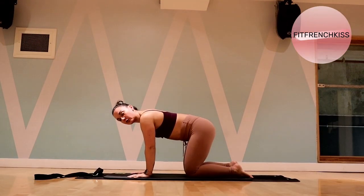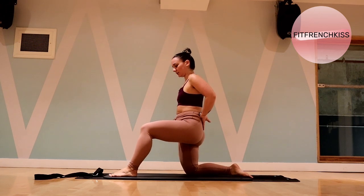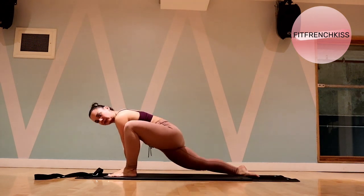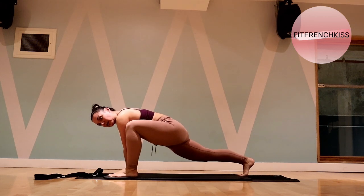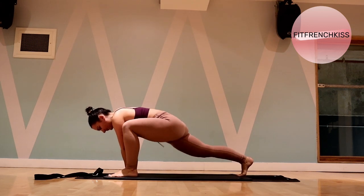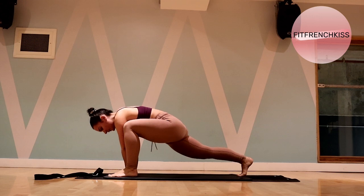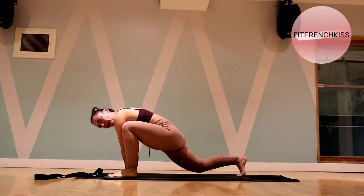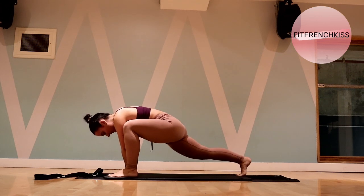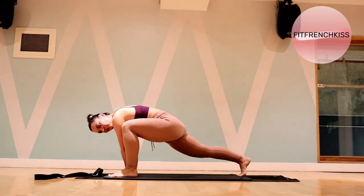Now let's work on our hip flexor. We're going to take the left knee forward and keep the right leg back, okay? Let's take a low lunge here with the hands on the inside of your left foot. Let's tuck the toes. We're going to do 10 lizard pulses with our hip. So straighten that leg and do 10, 9, 8, 7, 6, 5, 4, 3, 2, 1. Good. 10 knee taps. 10, 9, 8, 7, 6, 5, good, 4, 3, straighten that leg, engage into your quads,